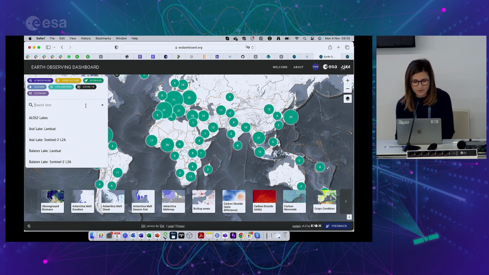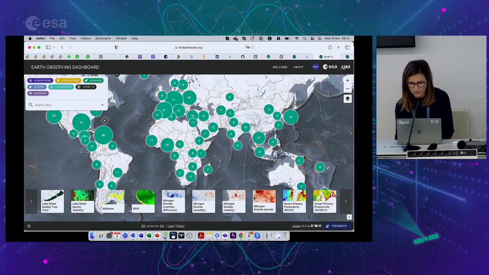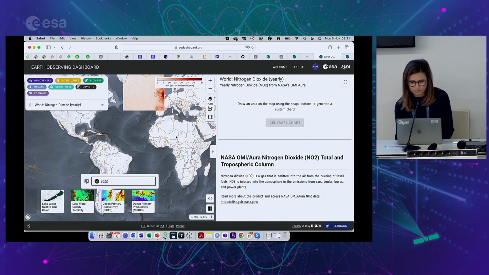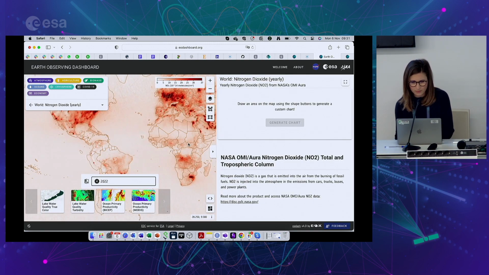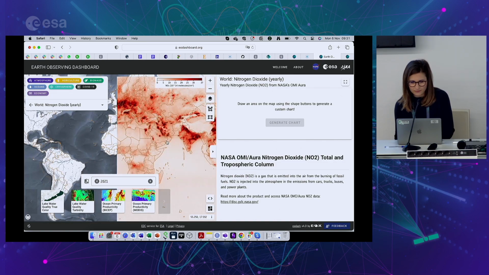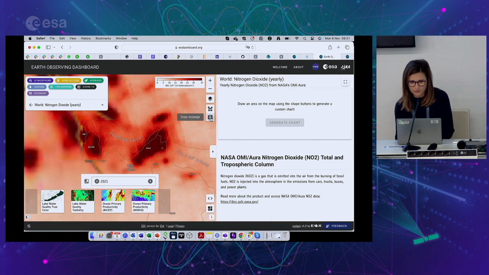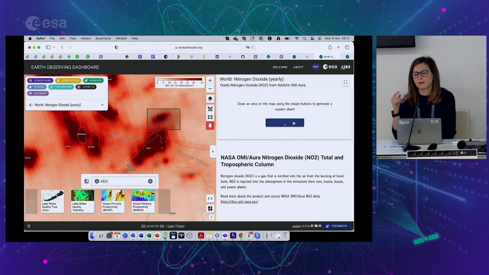Here you have the possibility to search for the, let's say, local data sets, and the global ones are typically listed with these tiles on the lower side of the dashboard. What you can do with these data sets, typically, is explore the data set on a map. You can browse through the time series. And if you're interested in doing a simple analytic, you can just use this custom area drawing and generate a time series that, in this case,